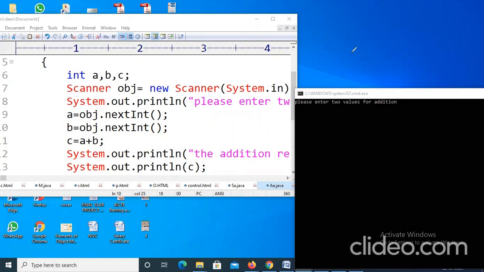Now if I try to enter the first value here, for example 25, that 25 will be stored in A, right?